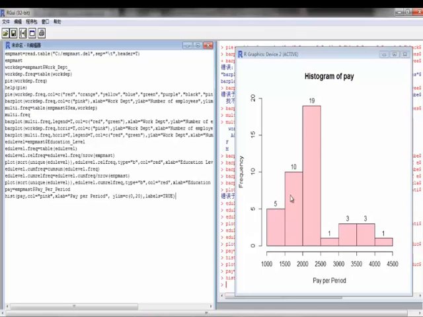Okay, so you can see that each bar indicates the number of employees whose pay per period falls into each class. And because we already used labels equals to 2, we have the numbers here for each bar indicating the frequency. Okay,